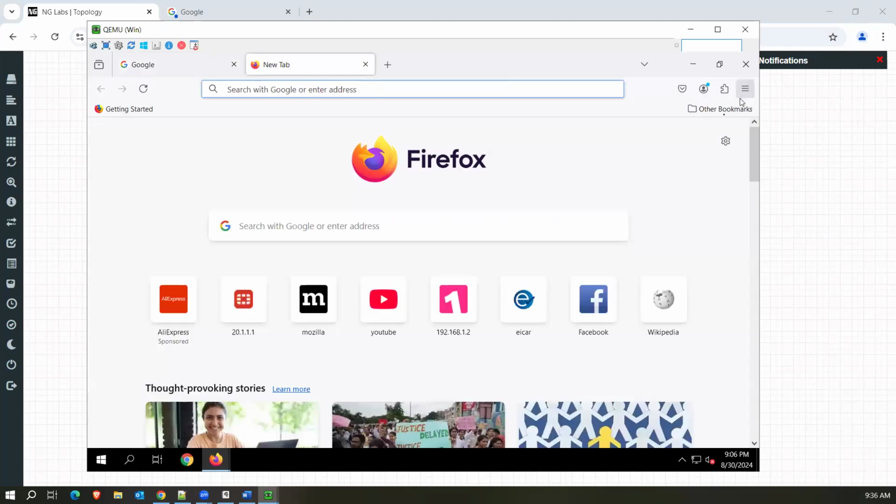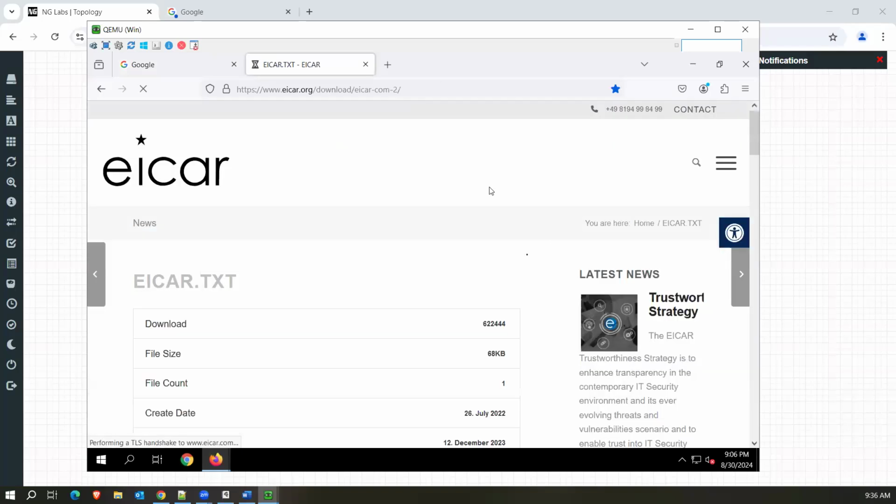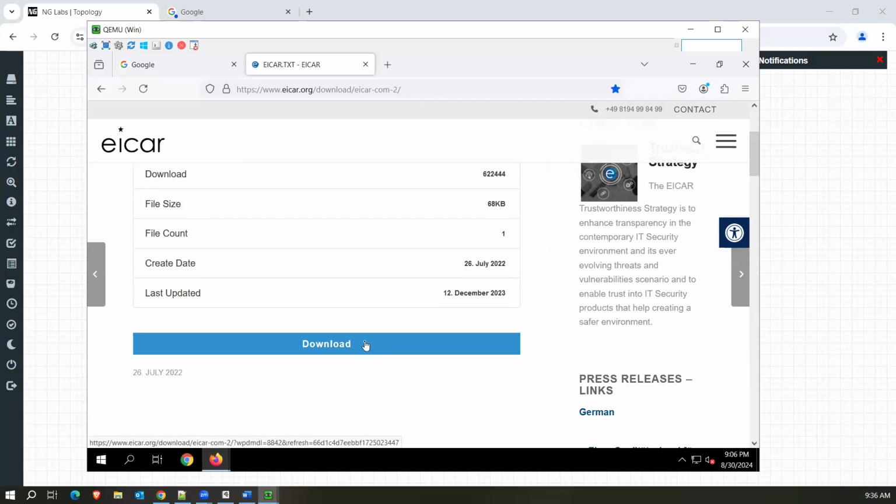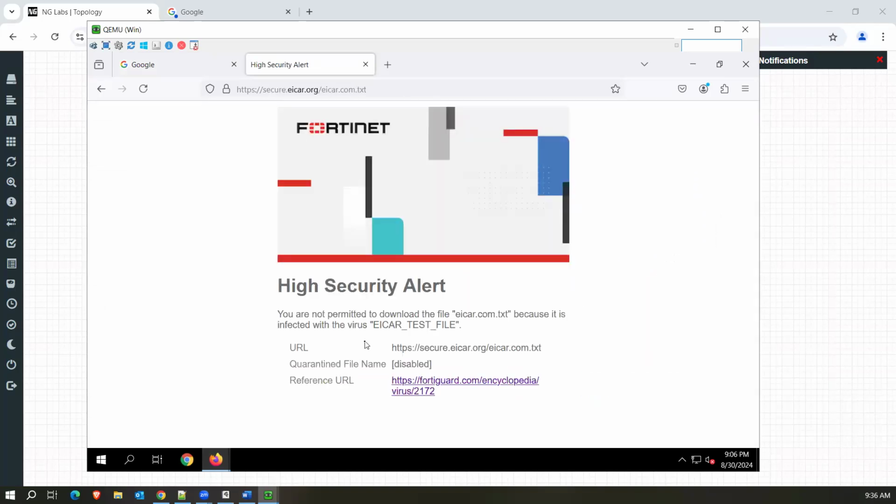Now let's go to some malware website. Let's say this is an EICAR test file. Let me try to access this EICAR test file and download it. That EICAR test file is a malicious file which is used for testing. Again, there is nothing serious in that file. It's only for testing purposes. And once I download this malicious file, my firewall has intercepted the connection and presented me with